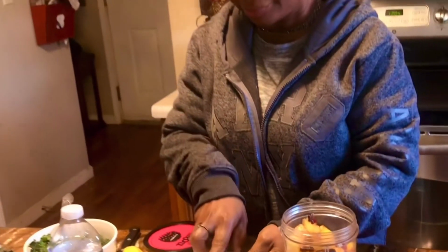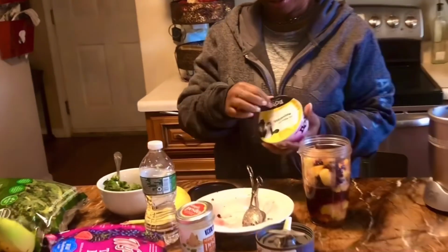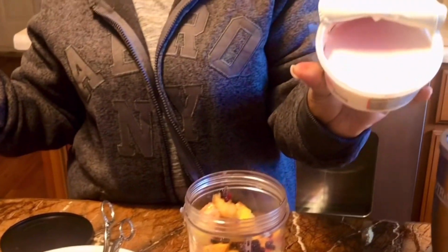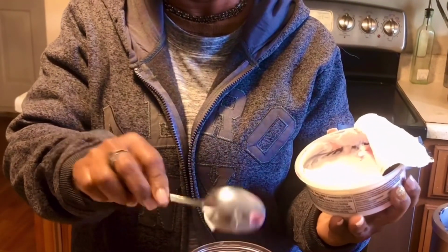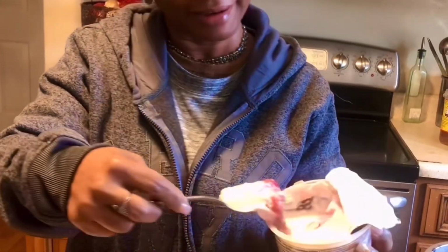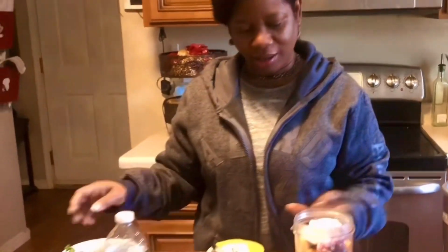Alright, I'm gonna need more space, and then I'm gonna add my sumptuous yogurt. Look at it, guys. It's raspberry. Alright, so this is the raspberry part of it. Gonna just add some. Look at that. The raspberry is right there. And I add that to it. You can give it some more. Yes. And then I'm gonna add